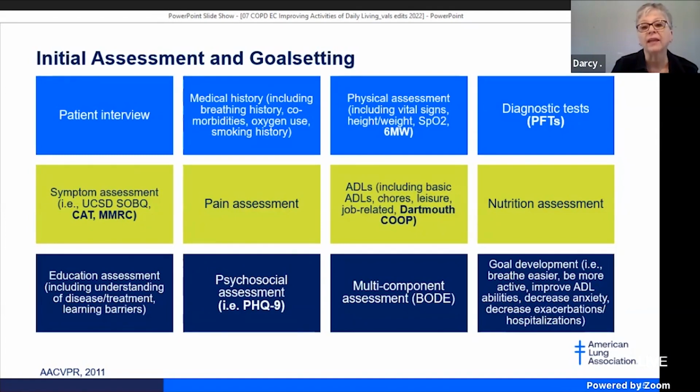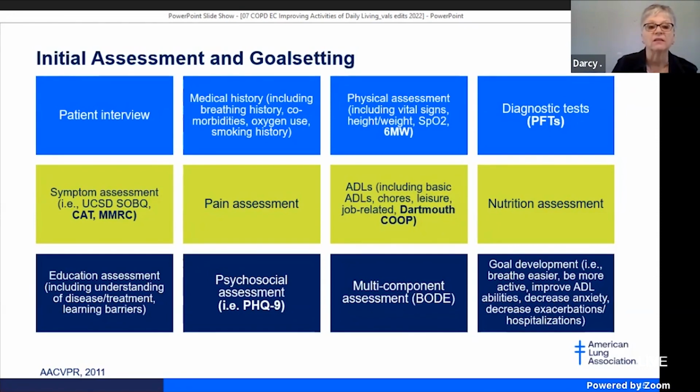We look at pain. We ask questions about their activities of daily living. What are they having trouble doing? What do they like to do for fun? And one of the things that we use for that in our program is the Dartmouth COOP survey, but other ones can be used. A nutritional assessment,